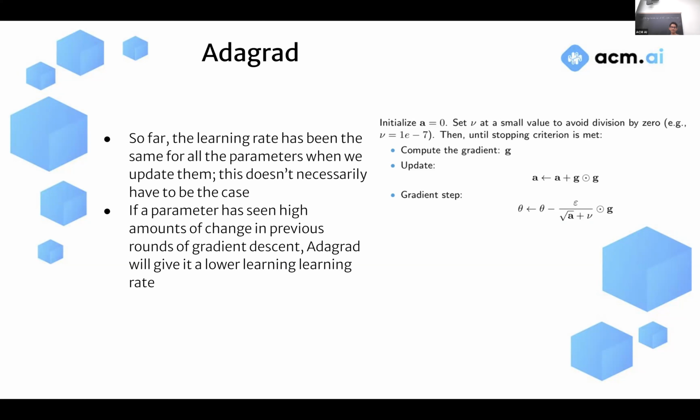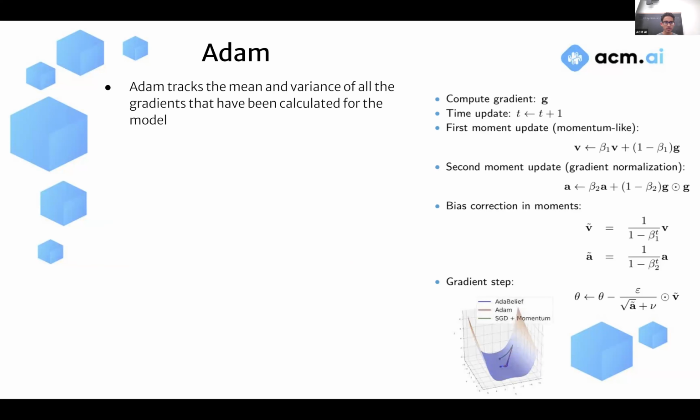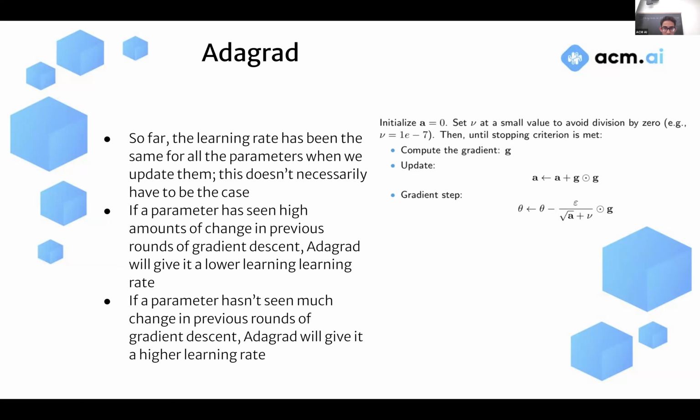So if a parameter has seen lots of change in previous rounds, then what AdaGrad will do is give it a lower learning rate. And if the parameter hasn't seen much change in previous rounds, AdaGrad will give it a higher learning rate. So the idea here is that you want to compensate for changes by making sure that you arrive at places